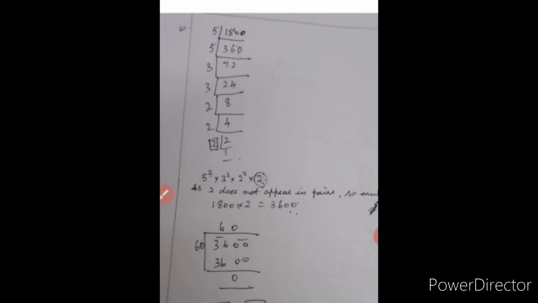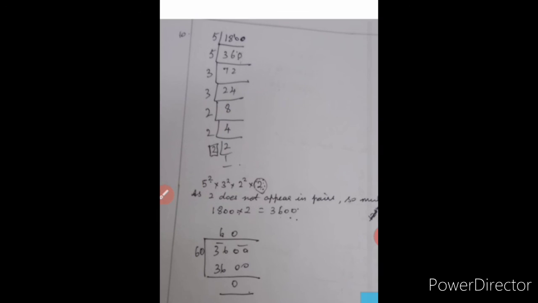And the last question is: find the least number which must be multiplied to get a perfect square, and find out the square root of the perfect square. So your question is 1800. Take the factors. 5 3s are 15. 18 minus 15 is 3. 5 6s are 30. Then 0. Then again with the 5 table. 5 7s are 35, carry 1. 5 2s are 10.